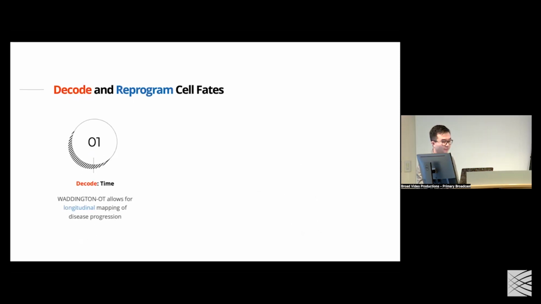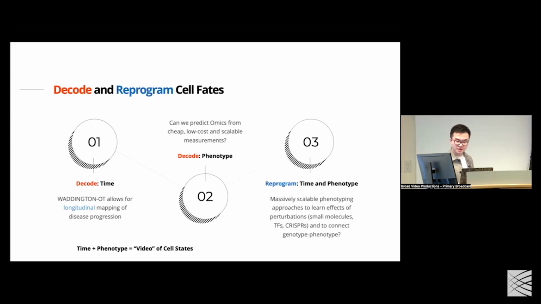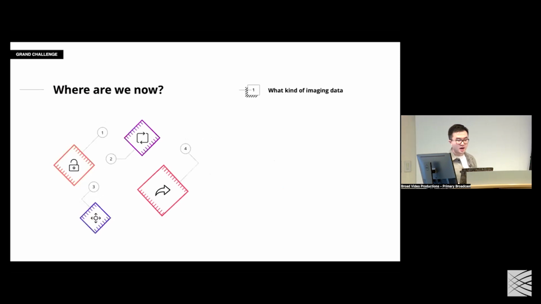So in summary, we talked about how we use optimal transport to decode the time information, and how we use the Image-to-omics framework to understand the phenotype of a cell. Because time-graph phenotype is actually videos of cell states, and now you can also generate videos from text, can we generate developmental videos from gene expression measurements too? And the third one is a very brief example: how do we use reprogramming strategies to reprogram both time and phenotype information?